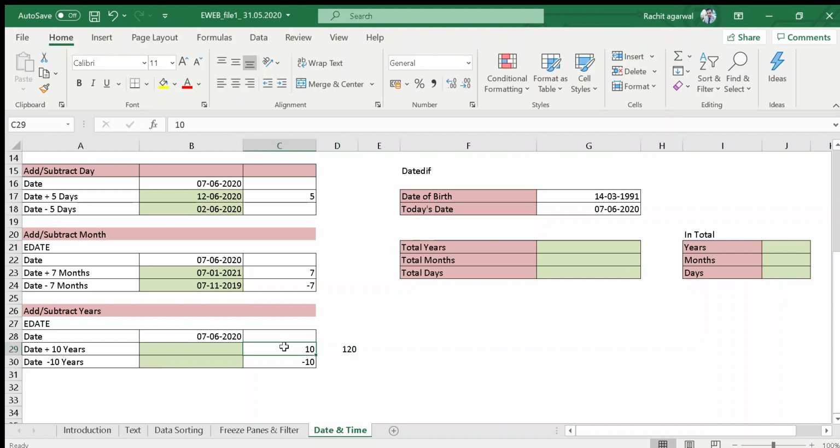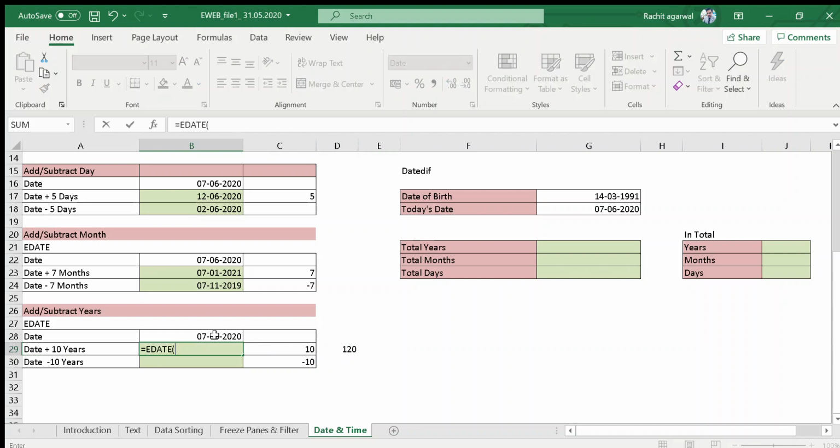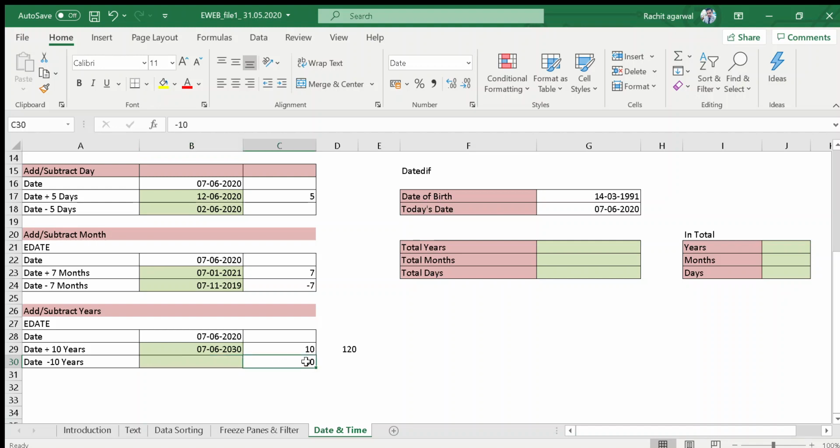All right. Now I will use the same formula EDATE. Your current date is this, and now they are asking for months. That's why I have converted the years into months. Now the months is this. Again bracket close. Now the year has been converted, it is 2030. But if you want to go back 10 years, again it would be minus 120.